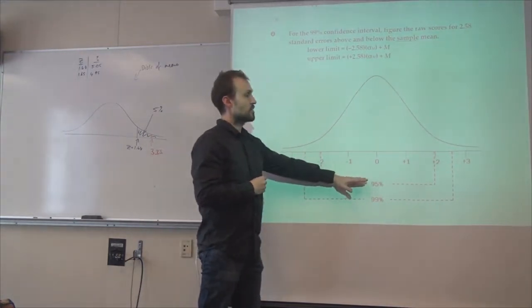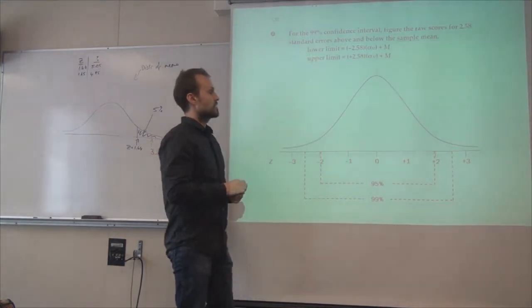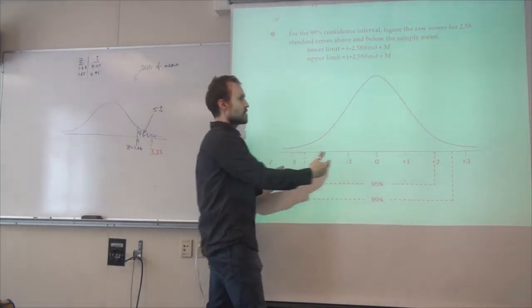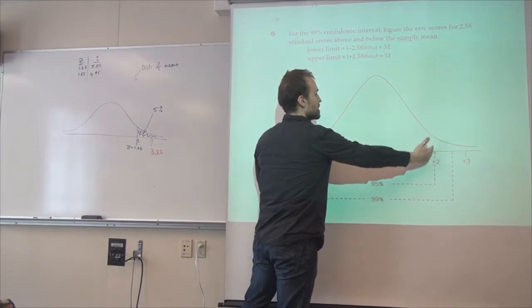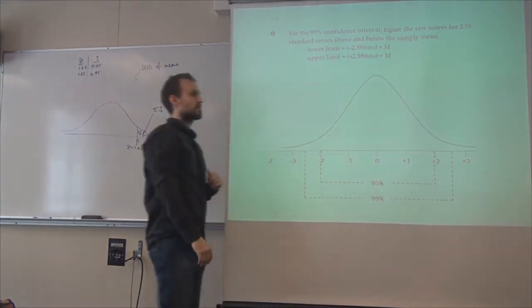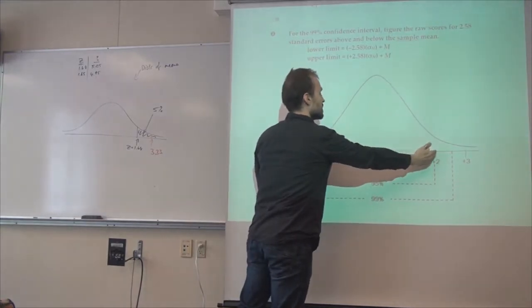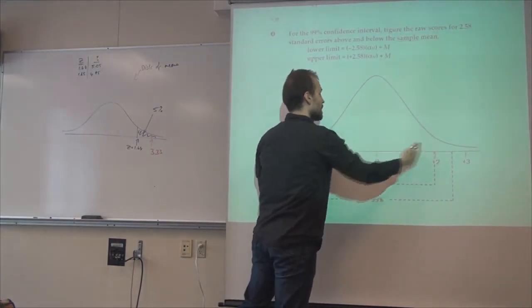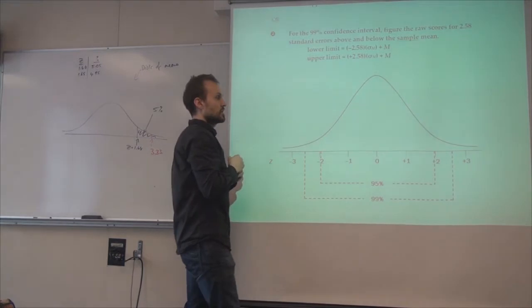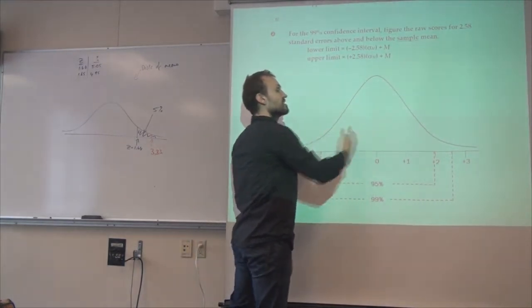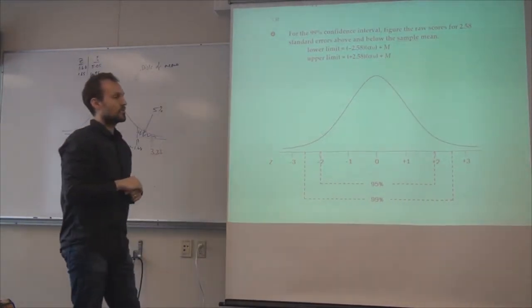If I want to be 95% confident, then I want the area here to be 95%, and the z value tells me how far do I go up and how far do I go down to cover 95% of the